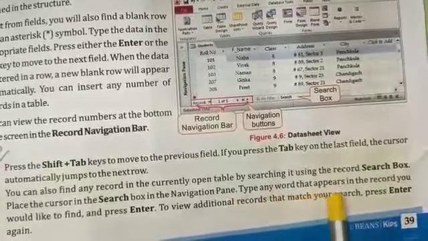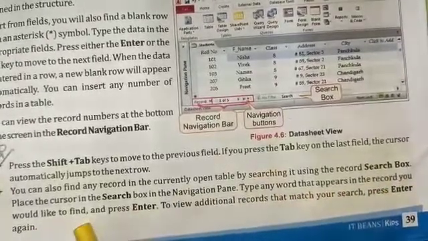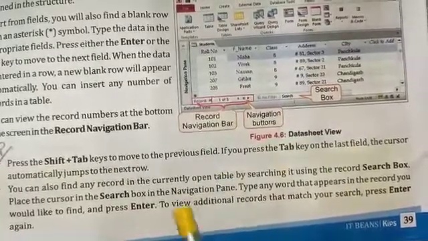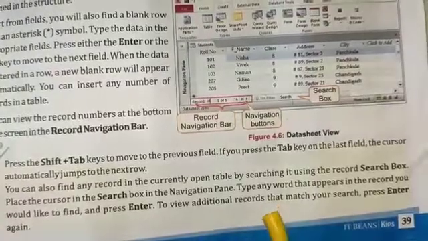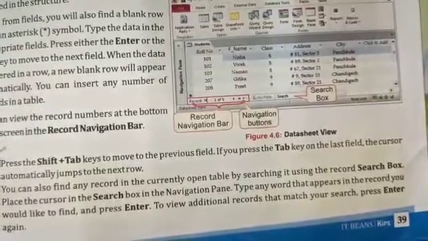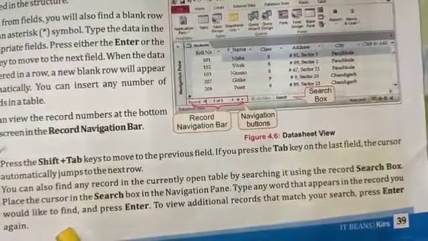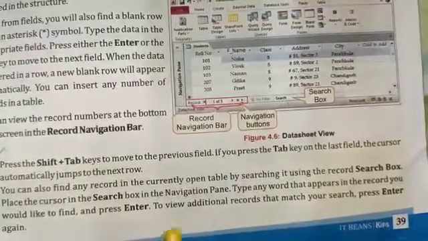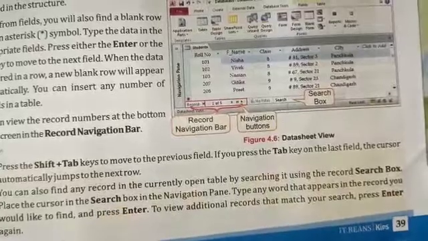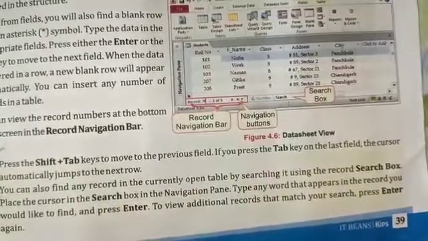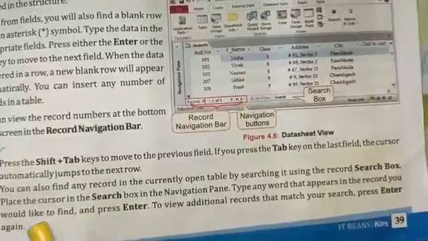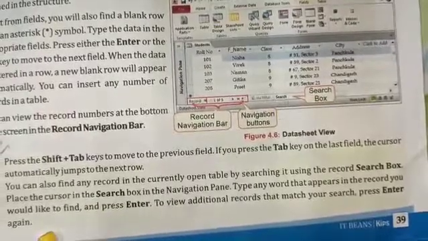Type any word that appears in the record you would like to find and press enter. To view additional records that match your search, press the enter key again.